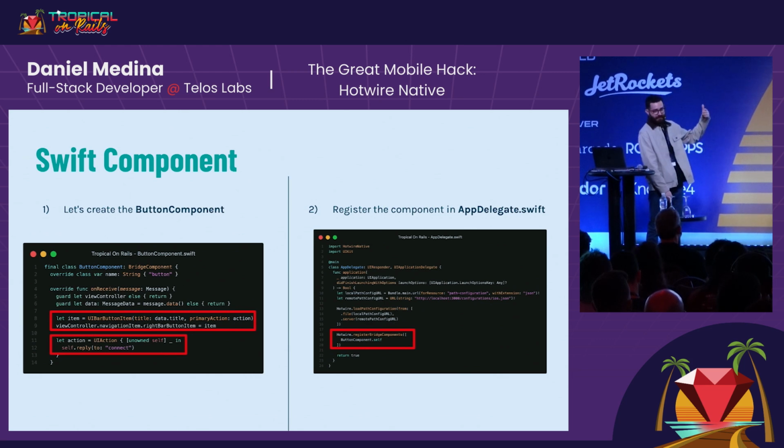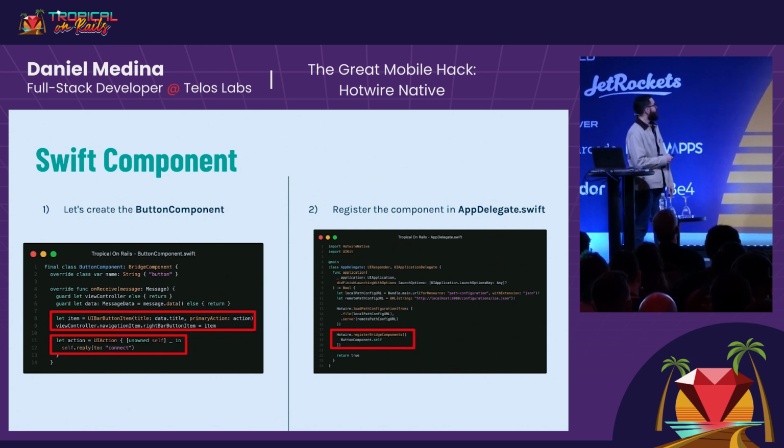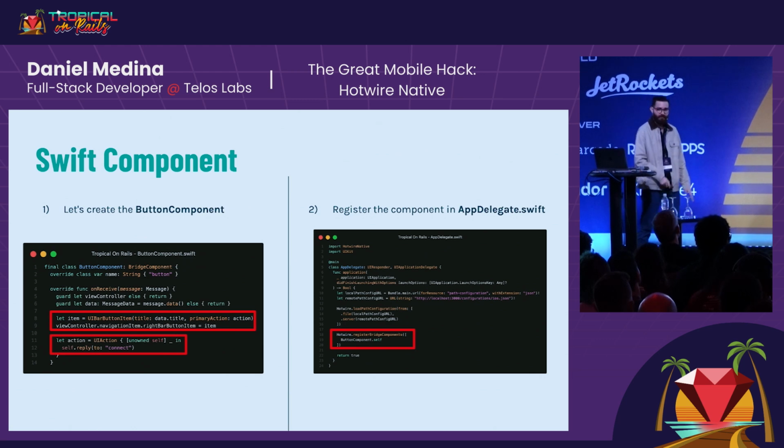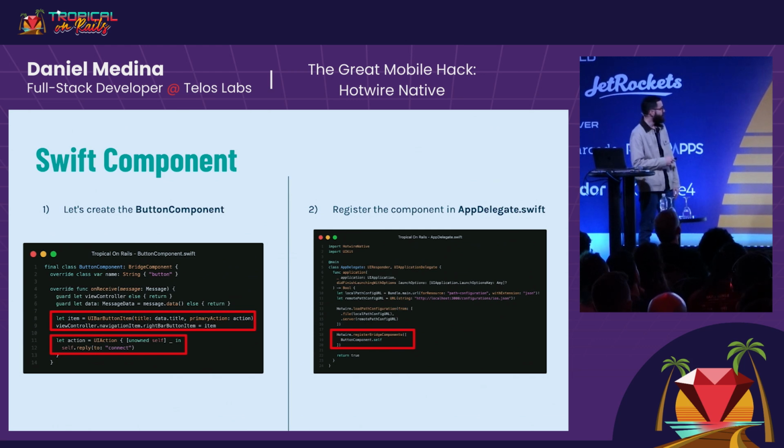Then, in the second part, now that we have the web component, we need the native component. For this component, you're going to need a bottom component. I create a bottom component. This red-lighted code will be explained in the next slide a little bit more deeply. But basically, we create this component, and we register it to the app so the app knows where the component is.